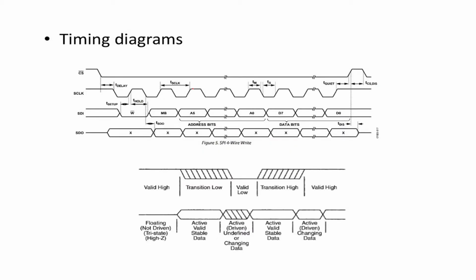Then you can have timing diagrams, which will give as per your clock used in your system. Okay, so the clock used in your system, as per that, which function is going to take how many timings, how many clock cycles, that can be decided, which can give the access time for a particular application. So timing diagrams also are given in your data sheets.